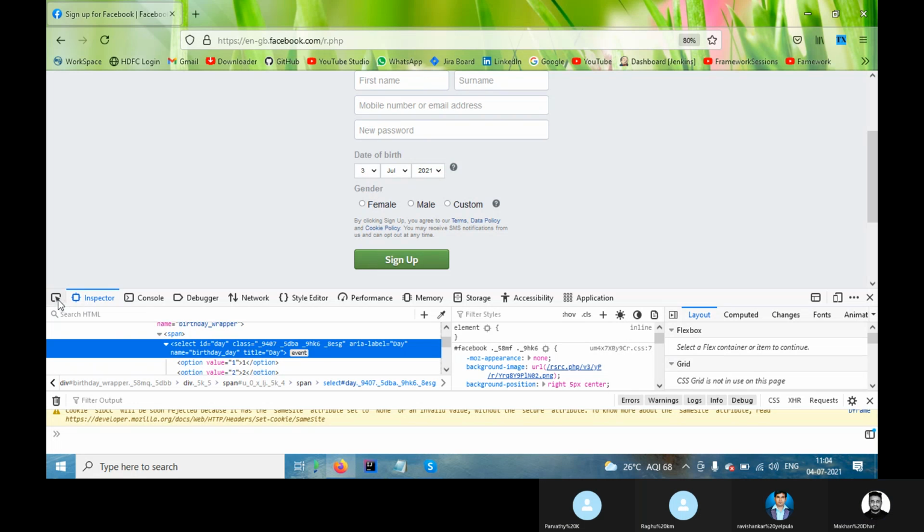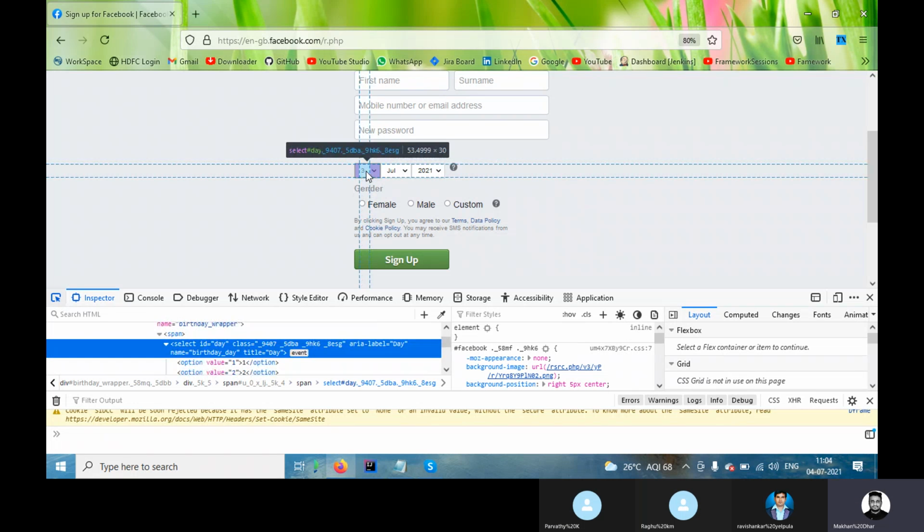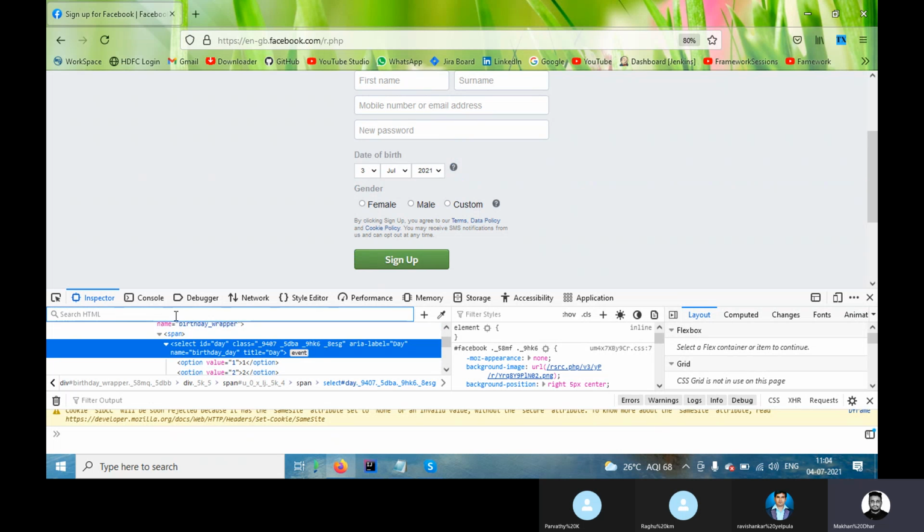So this is the page. This is select, so this is the parent tag, and these are the child tags. This is one way. So what we do: select, then option tag start. Now this is the value, right?